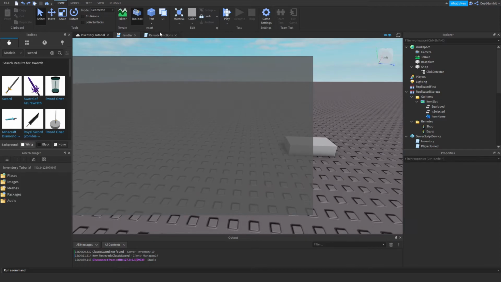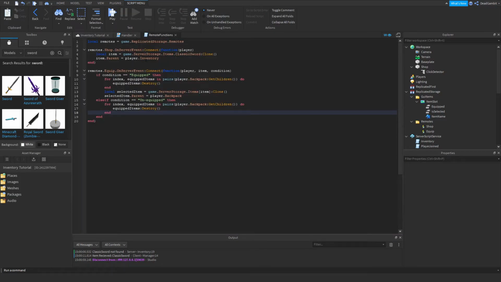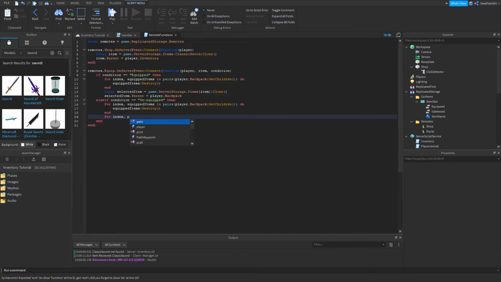Now, almost forgot one more thing. When you do equip a sword, it does get out of the player's backpack and actually goes onto the player itself. So go ahead and open up that remote's function script and let's do for index on player in pairs,